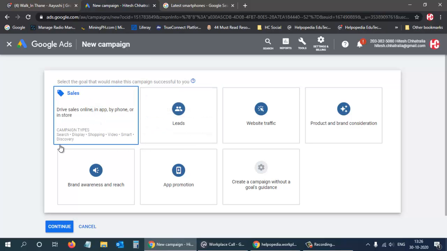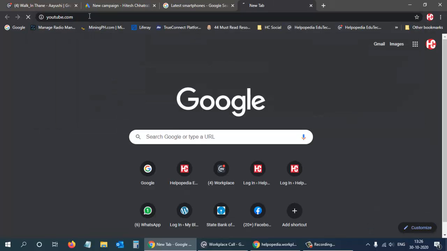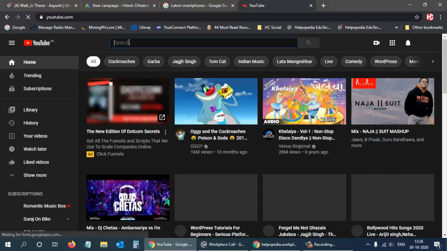So these ads come up automatically depending on whatever target audience and location we have given, and some of the ads will pick up the content from our website directly, and it will come up. And discovery ads mostly come up in YouTube, where people will search for some content. So I will just show you. We go to YouTube, and I might search for something like